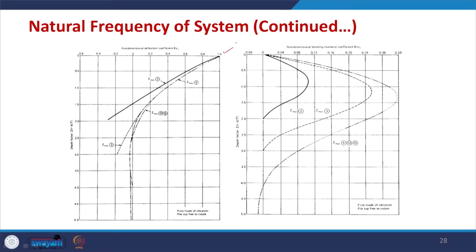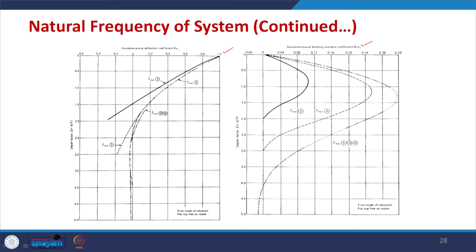So, this is the maximum; it is showing that maximum deflection will occur at the pile head, which is expected. However, when we have the bending moment curves, the second set of curves is for bending moment, and their bending moment coefficient Bm1 is given here, and the variation with depth is shown here. There are 3 different curves again, one for Z max equal to 2, 3, 5, 10 and 15, and the last curve,